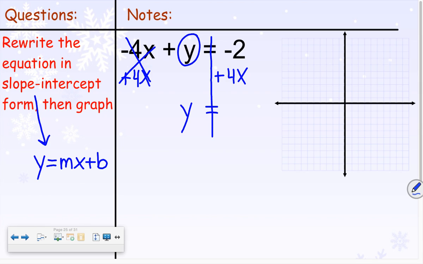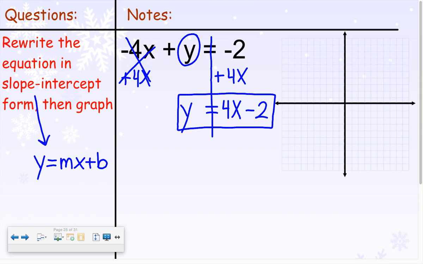Then on the right-hand side, remember we cannot add negative 2 and 4x because they're not like terms. I like to do the x value first, which was a positive 4, and then my other value, which is the negative 2, and that's going to be my y-intercept. So when I graph this, the negative 2 is my y-intercept, the first point I make on my y-axis, and then my slope is 4, or 4 over 1. So rise 4, 1, 2, 3, 4, run 1,